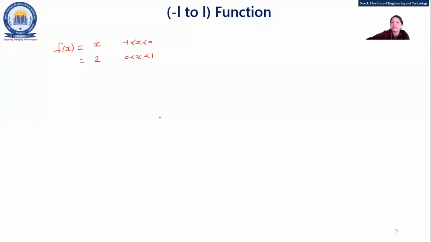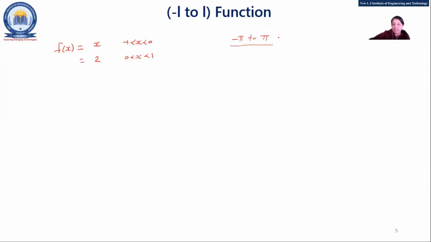You have to compare it with what we have seen, that is minus pi to pi. Minus pi to pi we have also covered, and in that one we have seen odd and even. So obviously that concept we can apply here also, right? For minus L to L, it is the same as minus pi to pi, but instead of pi we have to consider some constant. So first we'll go with the simple example.